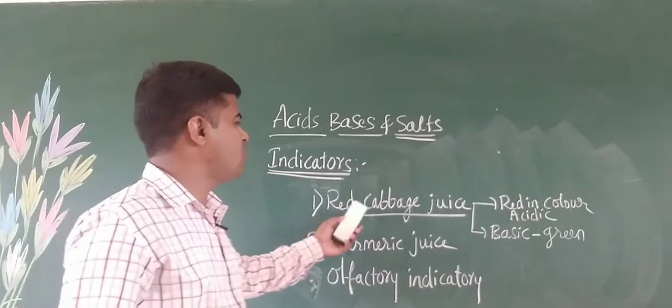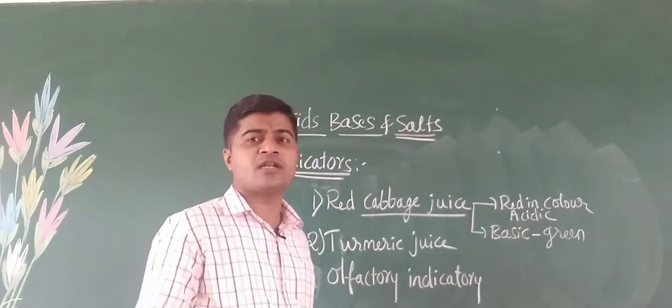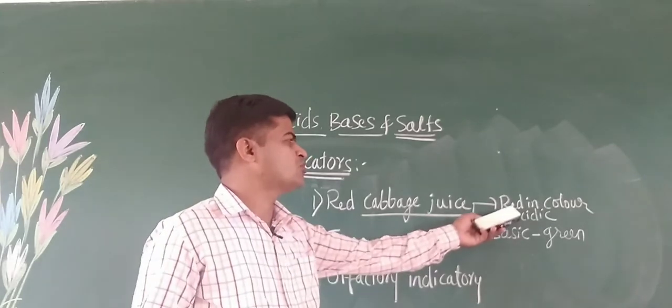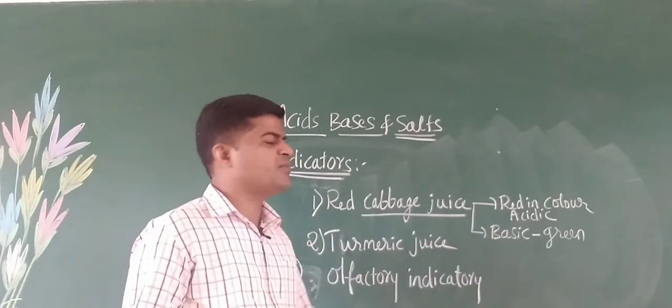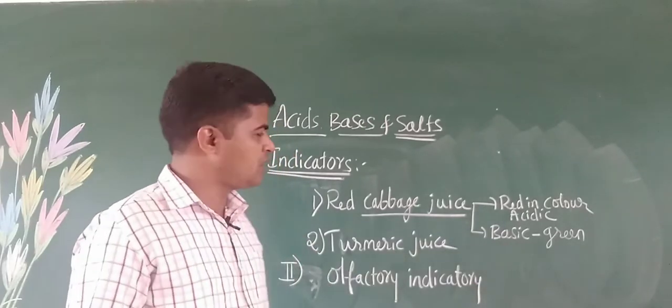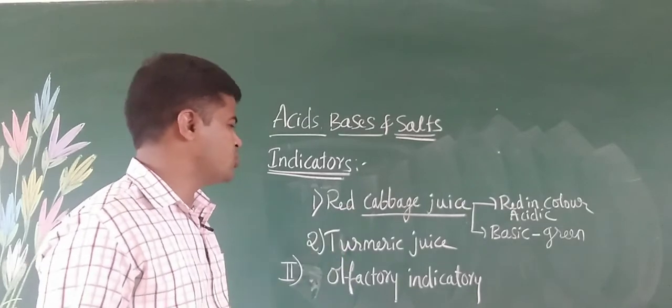So this is how you can use red cabbage juice as an indicator, which is a naturally occurring indicator. It is going to be red in color in acidic medium. In basic medium, it is going to become a green color. So that is about red cabbage juice. Next is